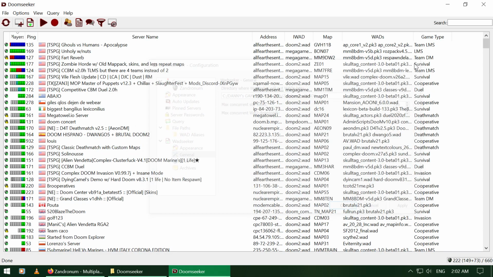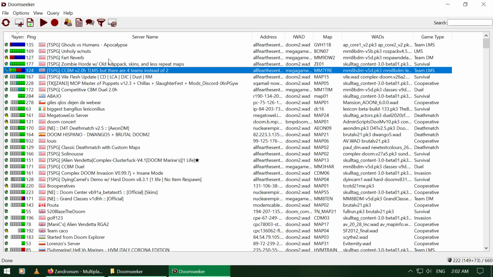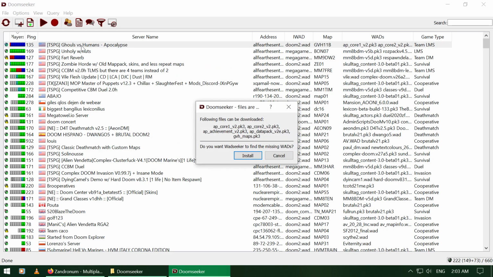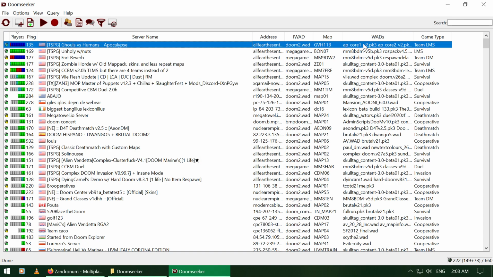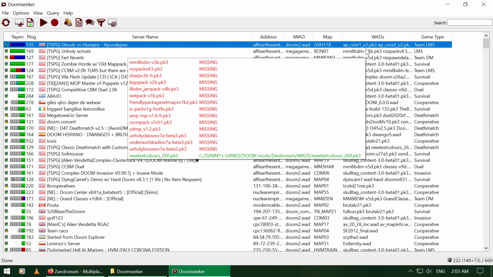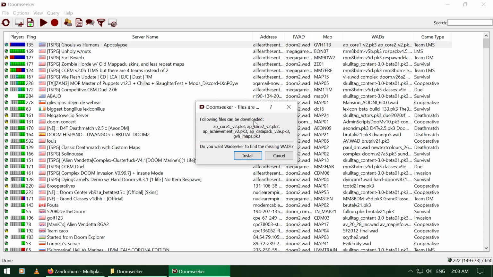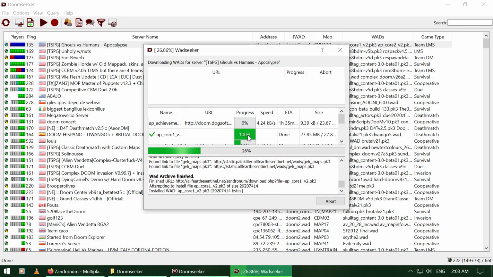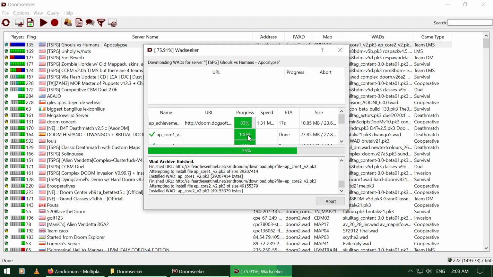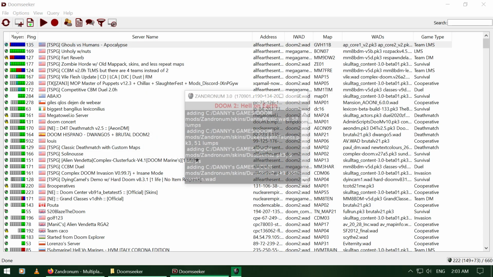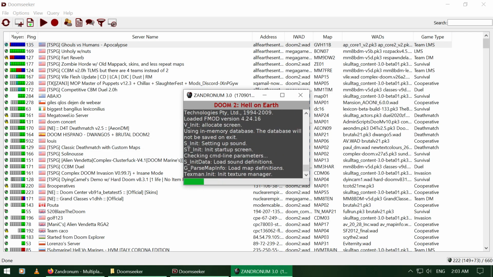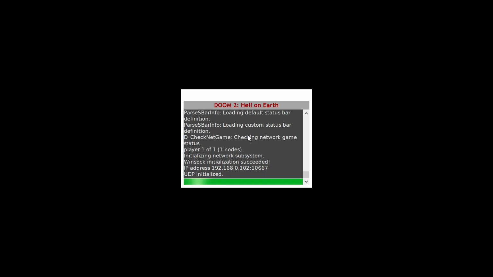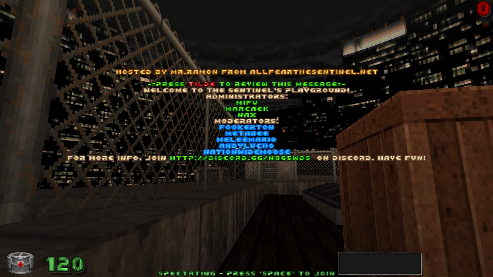Once that is done, to join a server, it couldn't be easier. Double click one you like. You can see the files that are in the server at the moment. Here you see it's missing some files, but simply click install and Doomseeker will download them all for you. It's pretty nice. In some cases it might not download if you're trying to join a friend's server, but simply give the files to that friend. You have the files if you're hosting. It's a quick fix, always works. I simply use Dropbox for that.